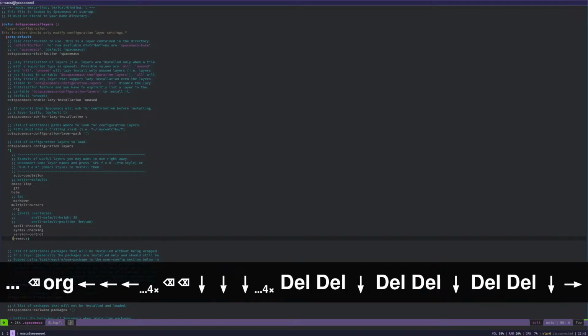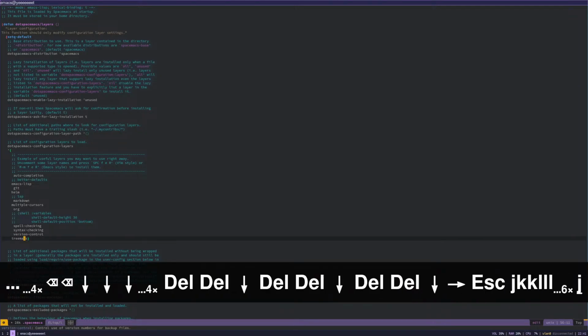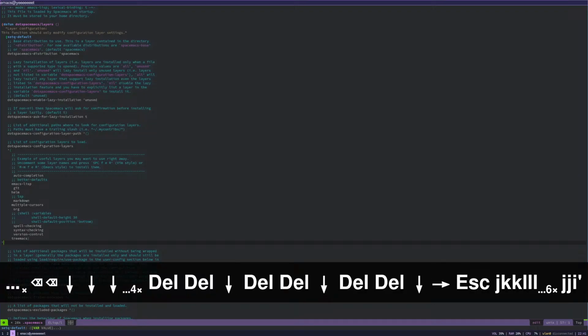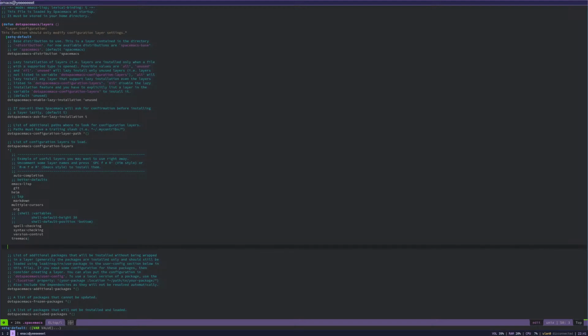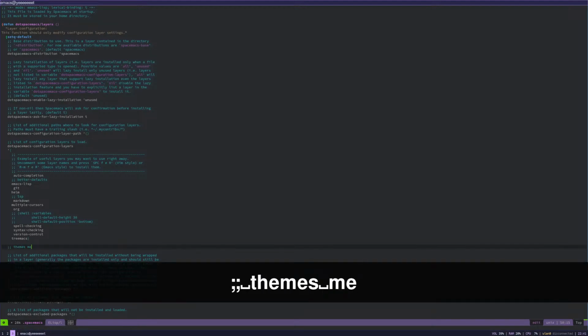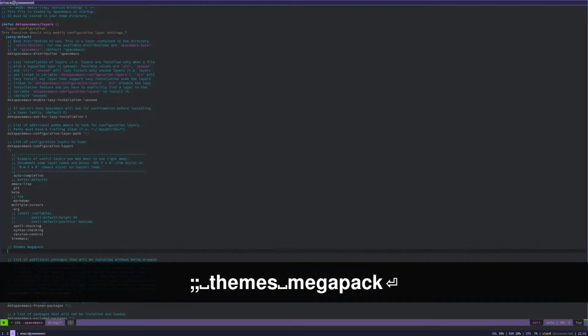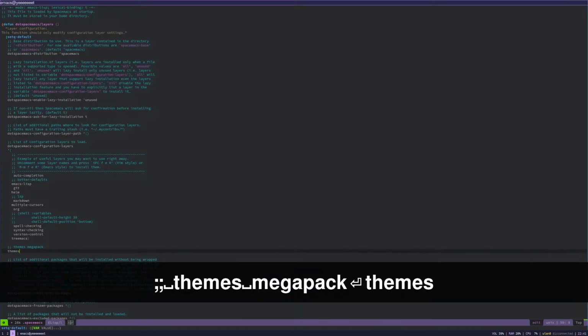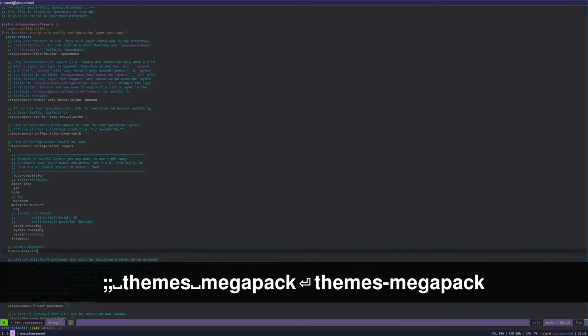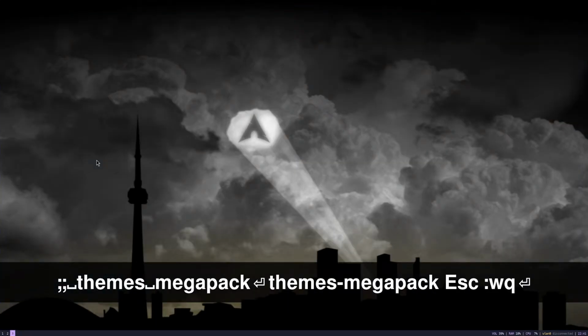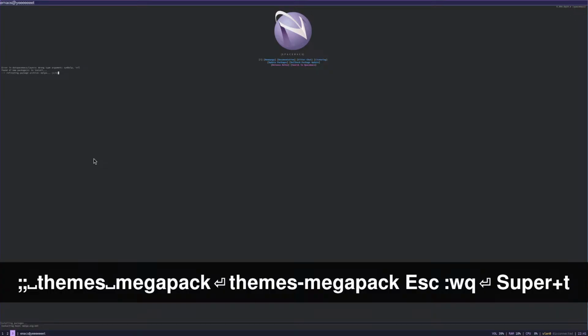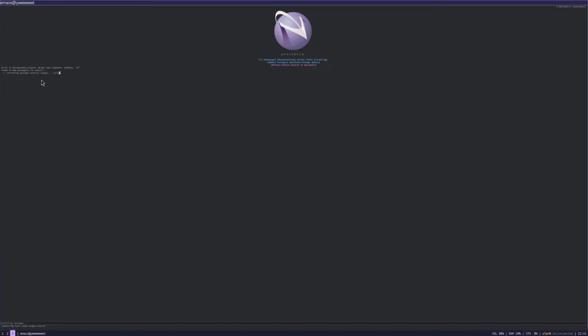And just make one here. I'm just gonna do themes mega pack. This is a comment, and it was themes dash mega pack. And then we just write and quit. And we just open up Emacs again. And it's refreshing the package archive. And I believe now it should be